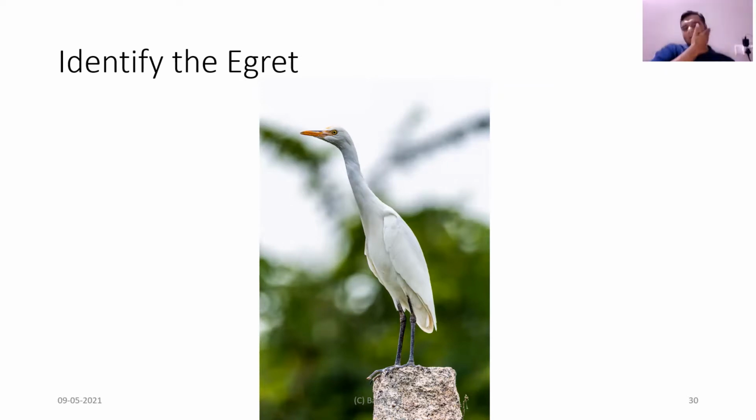And sometimes when the cattle egret stretches out its neck, it usually sits in a very crouched position with the neck retracted, but when it is alert, it does stretch out its neck. But it's one of the smaller egrets. It has relatively short legs in proportion to the body. And it cannot be an intermediate egret because it doesn't have a black tip to the beak. So it is a cattle egret.